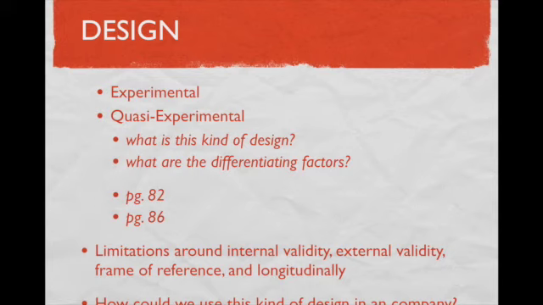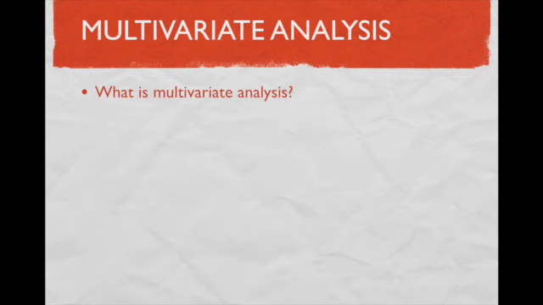The question we might consider is how can we use this kind of design within a particular company or within a particular kind of research purpose or design? Knowing that experimental is sometimes laborious and outside the realm of a realistic cost framework, and quasi-experimental takes existing programs that are currently involved. We want to understand the different types of design, and our textbook goes into great detail about these. I'd encourage everybody to look deeply at our text to see exactly what they're talking about here and their application to research inside organizations.